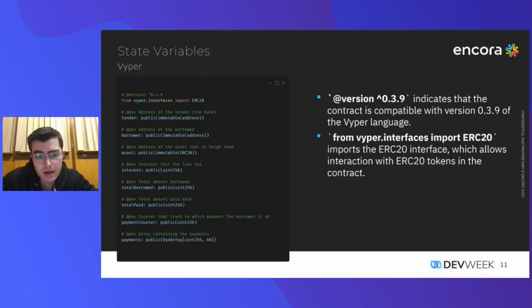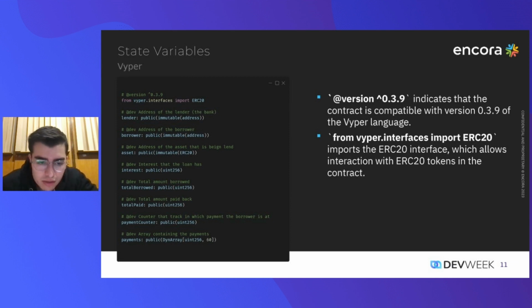So that is an interesting thing: in the Ethereum ecosystem and in blockchain at large, immutability is a really useful concept, and that is something that we can do with Vyper seamlessly.